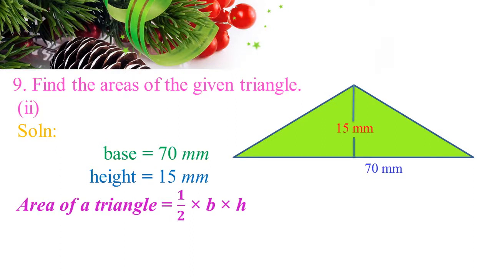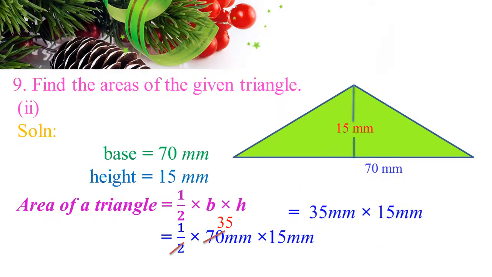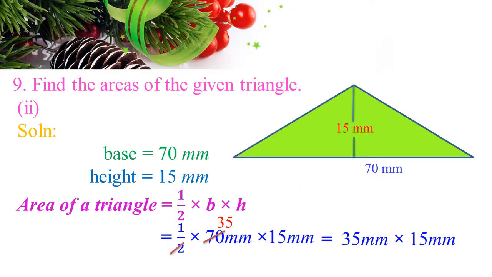Area of the triangle formula half into BH square units. Half base 70 millimeter. Height 15 millimeter. We get 1 by 2 multiply with 70 millimeter into 15 millimeter. Cancel the common factor. 1 2 is 2. 35 2s are 70. We get 35 millimeter multiplied with 15 millimeter. We have to multiply to get the area of the triangle equal to